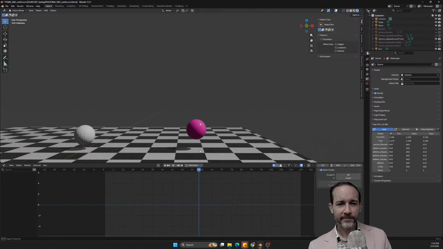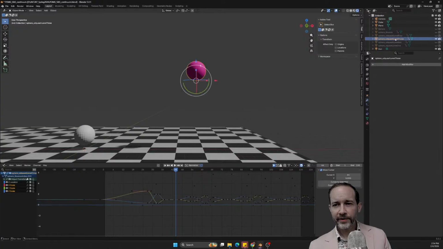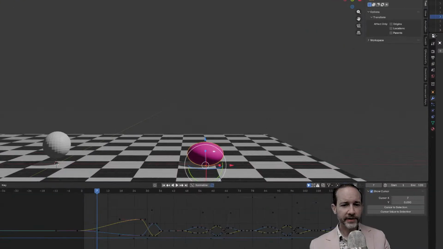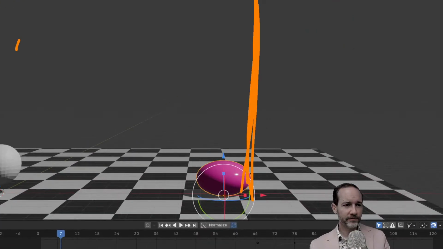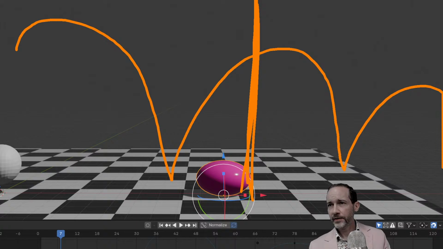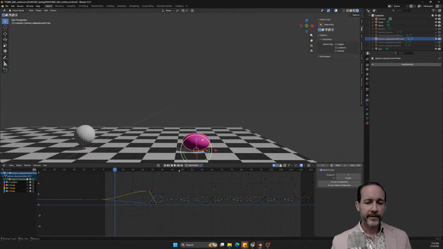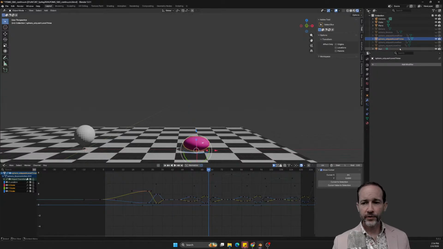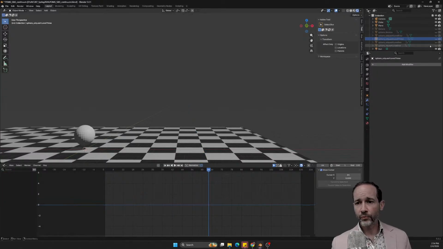Anyway, here, this works, but would this work if the ball was moving, right? If it was actually, instead of bouncing straight up and down, if it was moving across the screen, moving in some sort of direction. And we would run into a lot of issues here in terms of the extreme squash and stretch, where we would end up in situations where things were tilted like this, one way or the other. And so there's a couple different ways to approach this, but here's one.